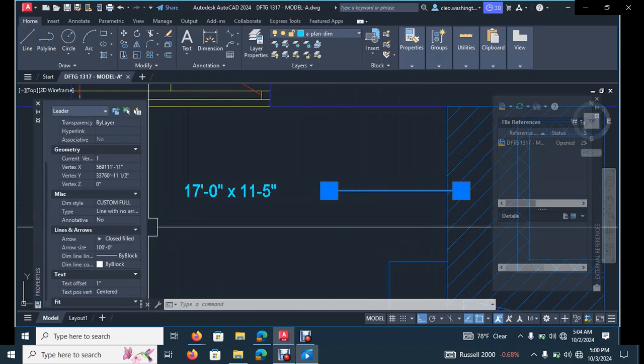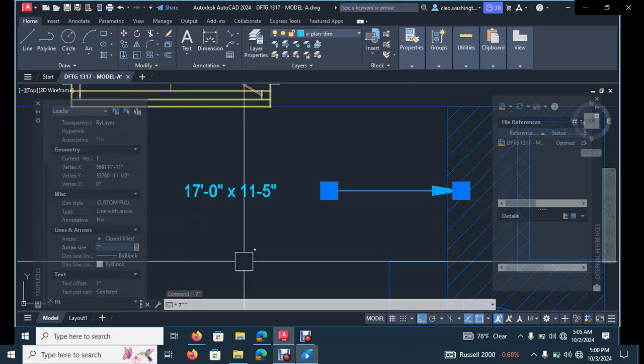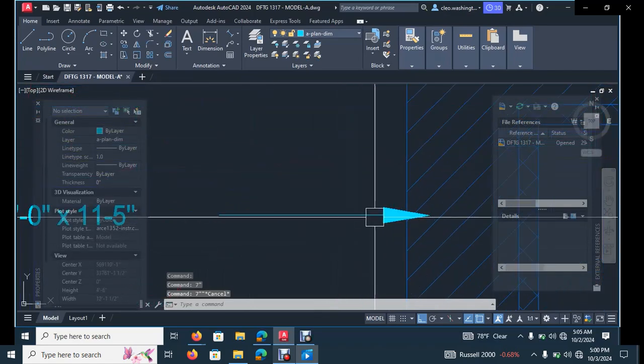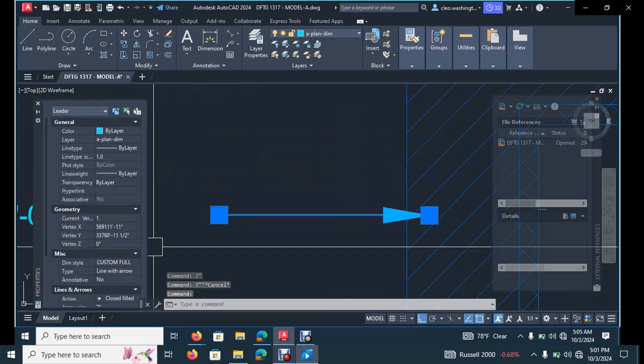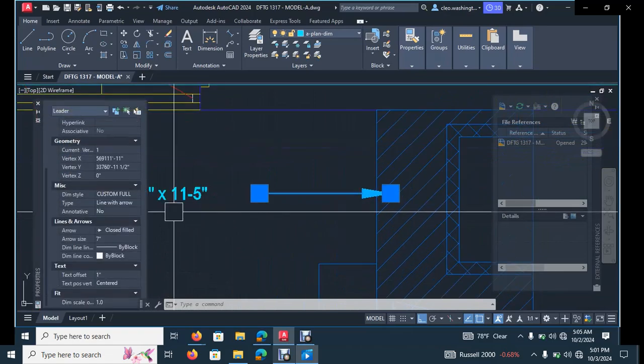Okay, so that's how you should draw it in. Okay, and I think we put it in at what? 7 inches. Okay, we put the arrow size in at 7 inches. Let's change it to 5, make it a little bit smaller. So you type in LE, you draw your line, and then you go in and you change the arrowhead size to 5 inches. Then you take this guy, double click it like we did everything else, and you will just copy the text that's already shown